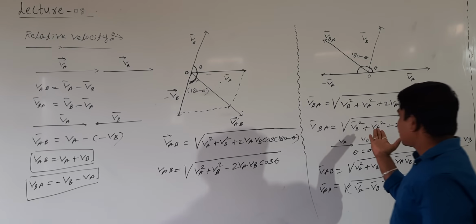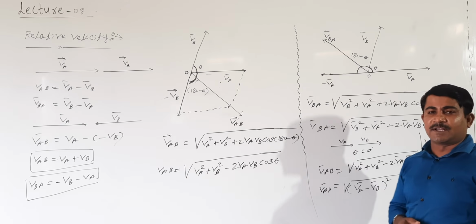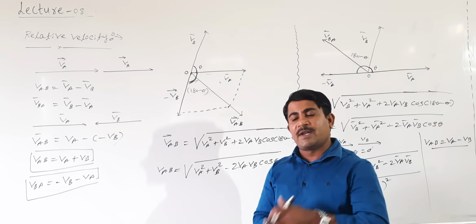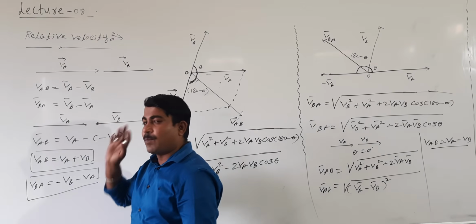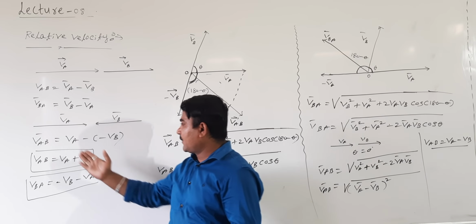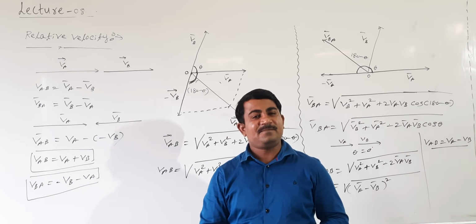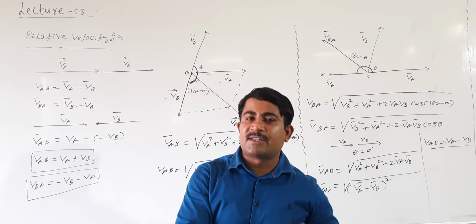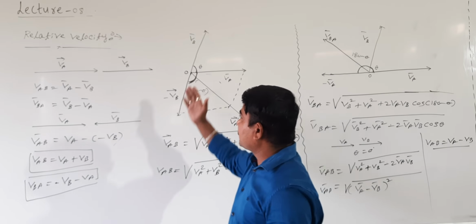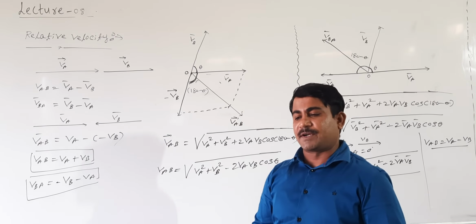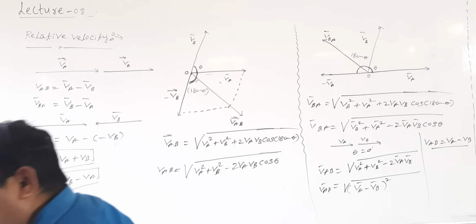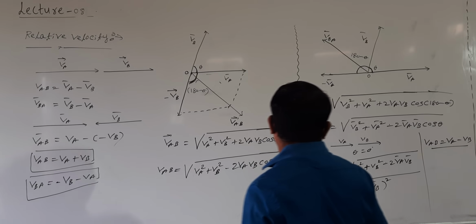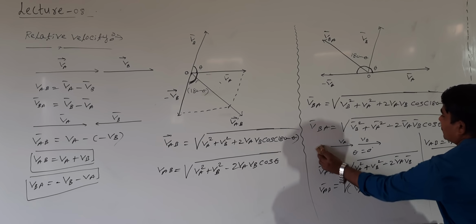Similarly you can see for this also by taking theta equal to 0 degree, right? I mean theta equal to 180 for opposite. This is 180 for opposite. You can check it. You can confirm this equation. I mean the relative velocity of two bodies with respect to another body can be represented in terms of vector. This is how we can calculate the magnitude of relative velocity, students.